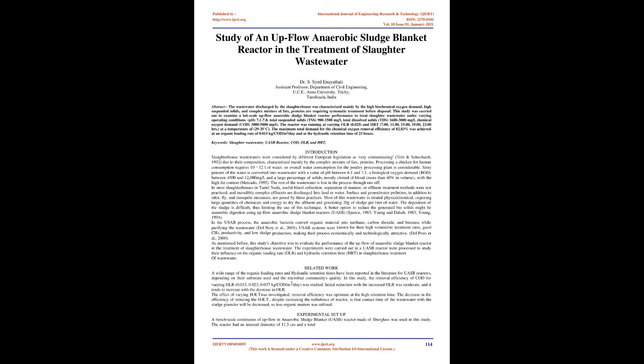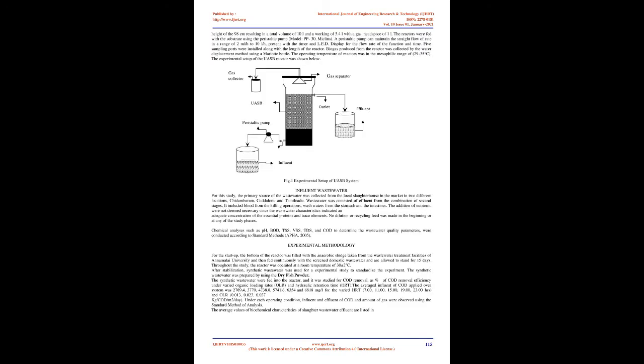Introduction: slaughterhouse wastewaters were considered by different European legislation as very contaminating, Tritt and Schuckart, 1992, due to their composition, characterized mainly by a complex mixture of fats and proteins. Processing a chicken for human consumption requires 10-12 L of water, so overall water consumption for a poultry processing plant is considerable. 60% of the water is converted into wastewater with a pH between 6.1 and 7.1,